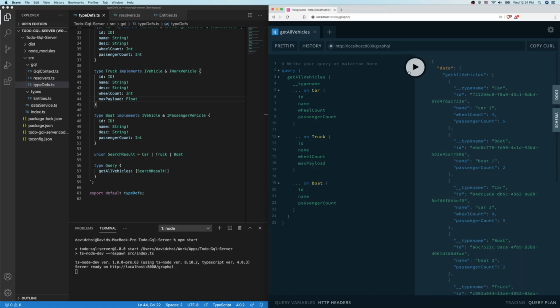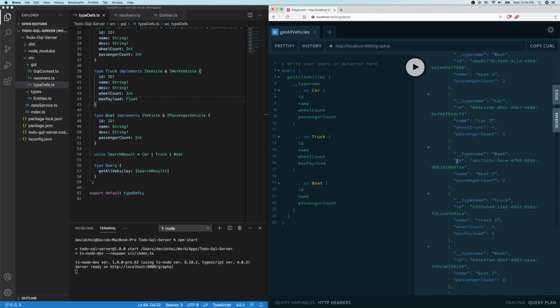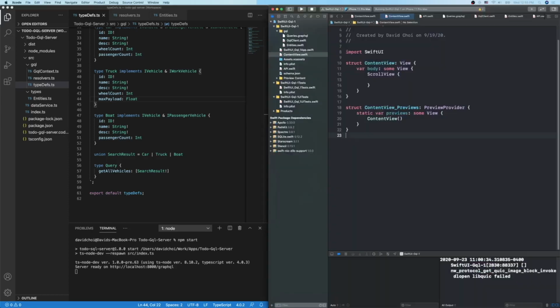So again, this is going to tell us, depending on which type it is, what specific fields we want. In the case of truck, it does have wheel count and it has max payload, and therefore that's what we get. So we are going to attempt to run this query on our iOS client. And since iOS SwiftUI is statically typed, we will have to do some extra work in order to extract those typing informations. So if we go to our client,